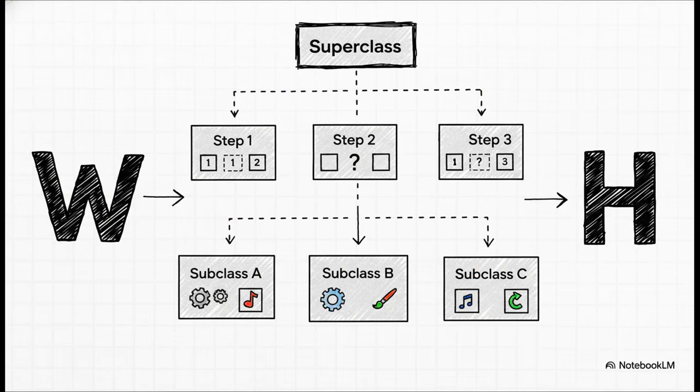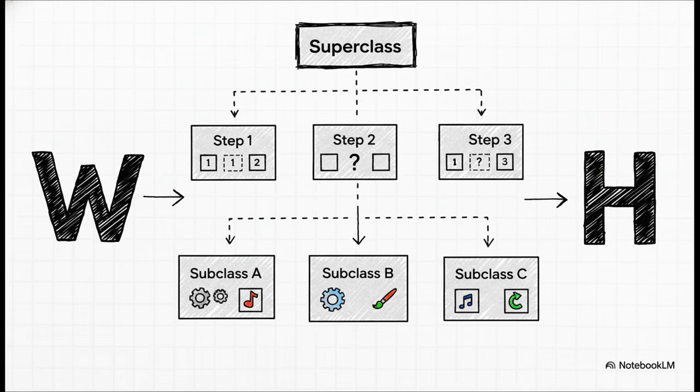The key takeaway here is all about separating concerns. The superclass is in charge of the overall flow, the what and when of the algorithm, but it defers the implementation details, the how, to its subclasses. This gives us the best of both worlds, a consistent, stable algorithm structure, with all the flexibility we need to